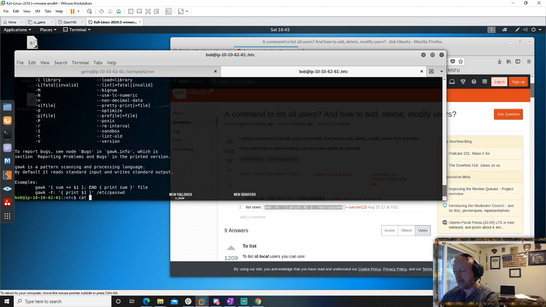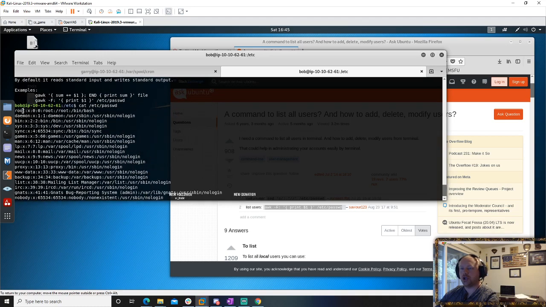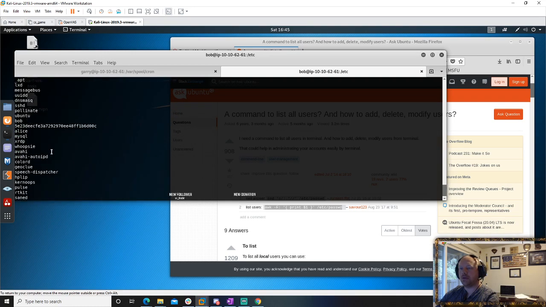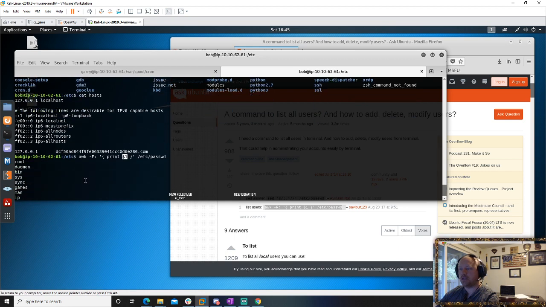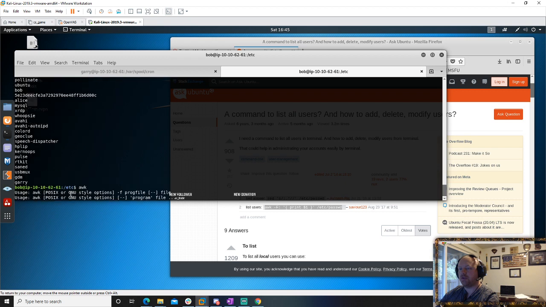So if I go cat, it's this right here. It's just showing me the first part. It's using a delimiter, and it's just printing that first variable. So this should be flag 10.